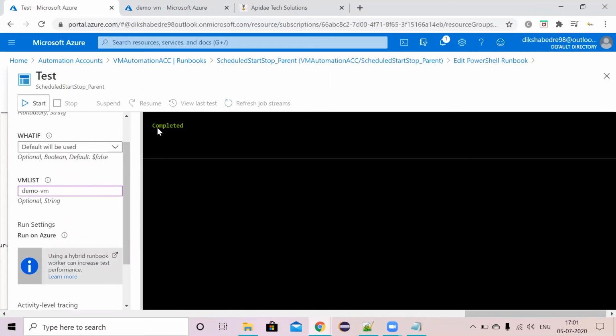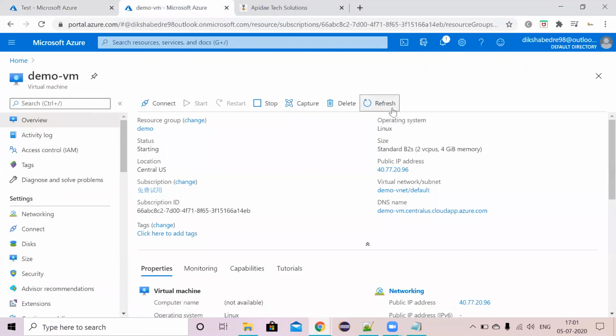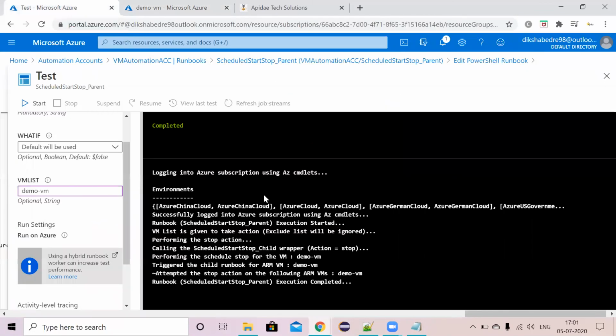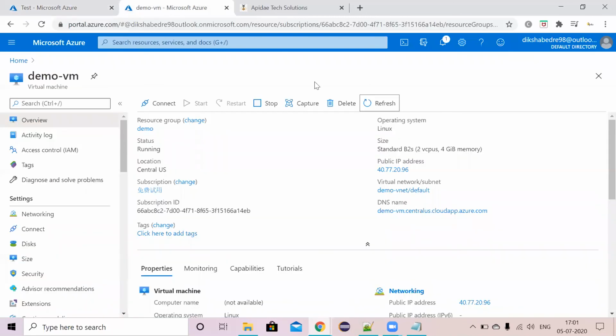You can see the process is completed, it's showing, and it's targeted to the same demo VM. So this VM gets stopped. So we'll refresh. For stopping also it will take some time. It will get reflected in some time. You just need to wait for some time because this process runs using the commands, and it will take a particular time.